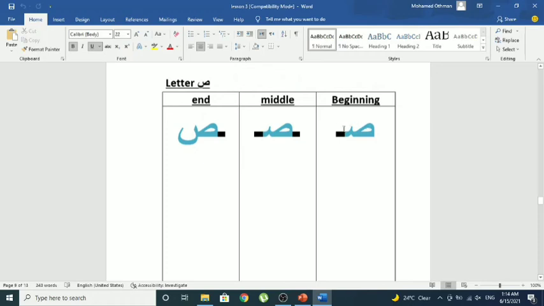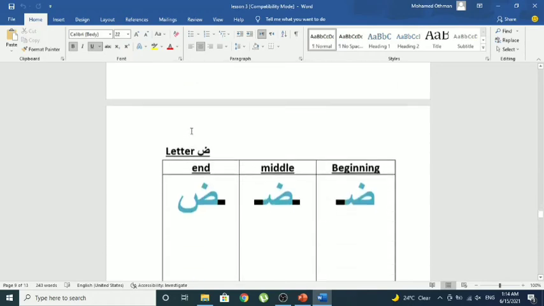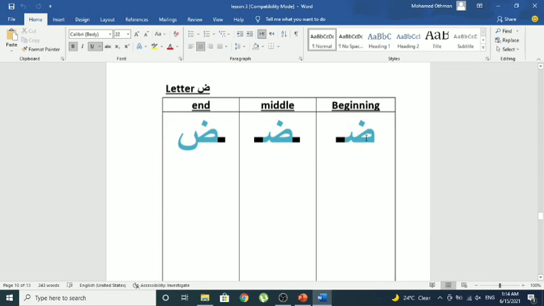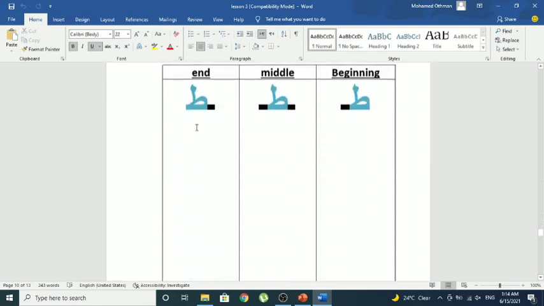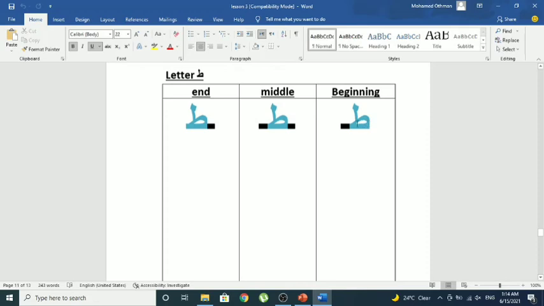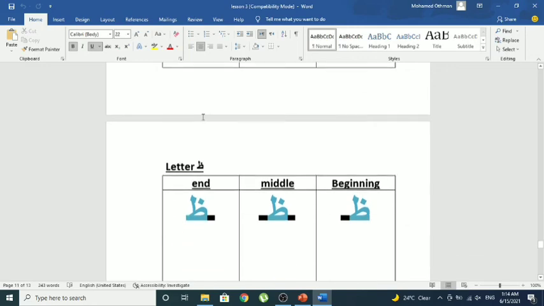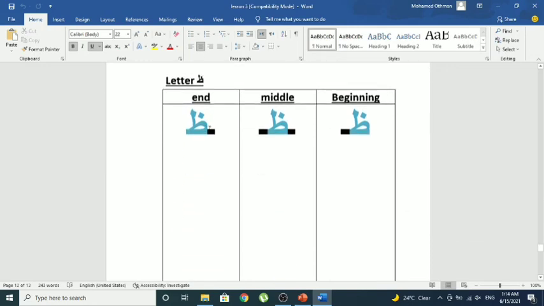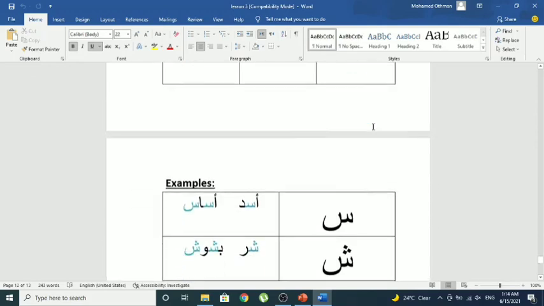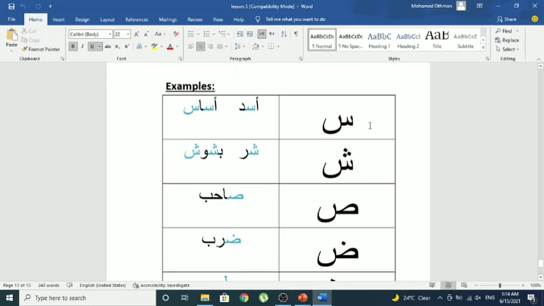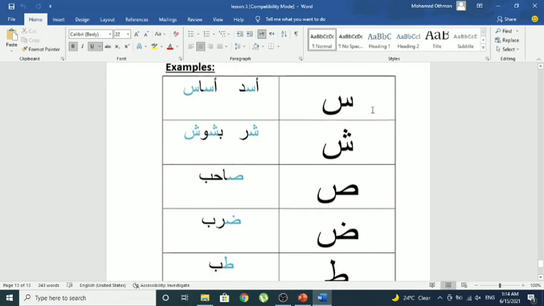Then Sad and its sister Dad, and Ta, it is like T but it's hard, and Va. You make your tongue out of your mouth when you pronounce it. Va. Okay, you will write it. Then examples: